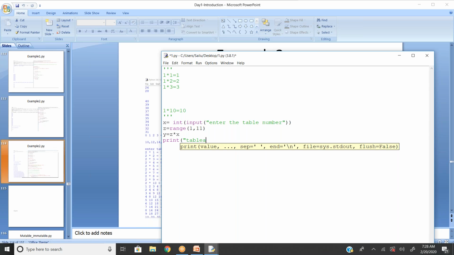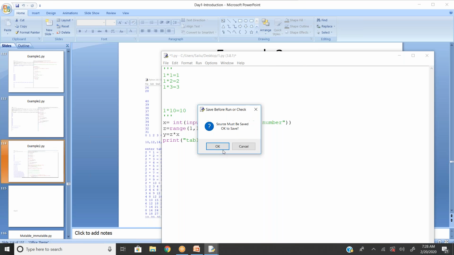Print statement, one table value, Y. Now, what is going to happen here if I use this? Let's see the outcome.